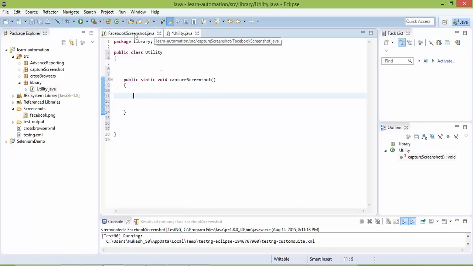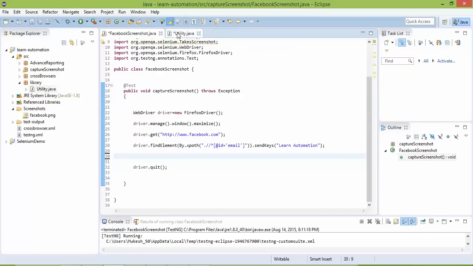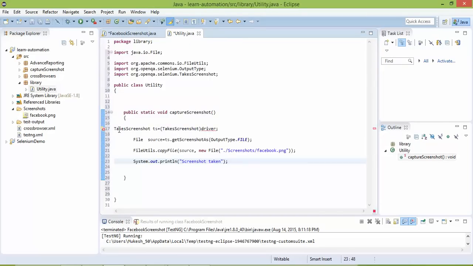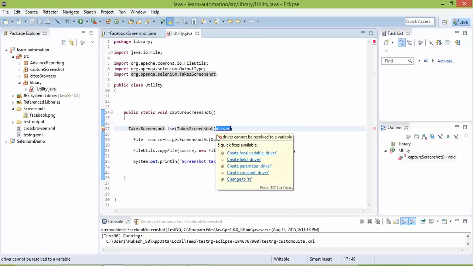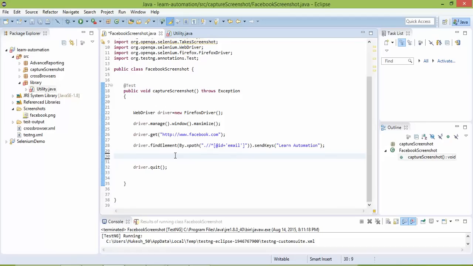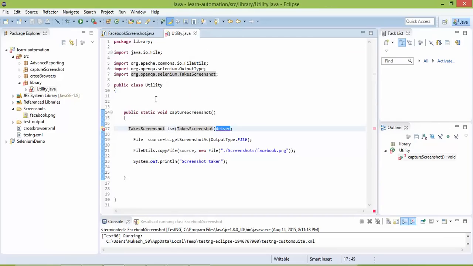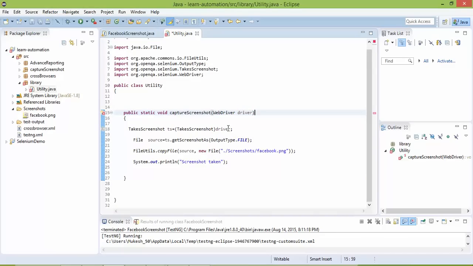So what we can do, we will simply copy these 4 lines of code. I will simply Control X and I will paste here. Okay, so now you can see it is missing this driver. Yes, because in previous program we created the driver reference, right? So that's why we were able to use that driver object. But in this class we are not creating drivers, so this driver is missing. So what we will do, we will parameterize it. It means whatever driver we will get from that particular class we will use here, and it's not recognizing, so let's change it to WebDriver.